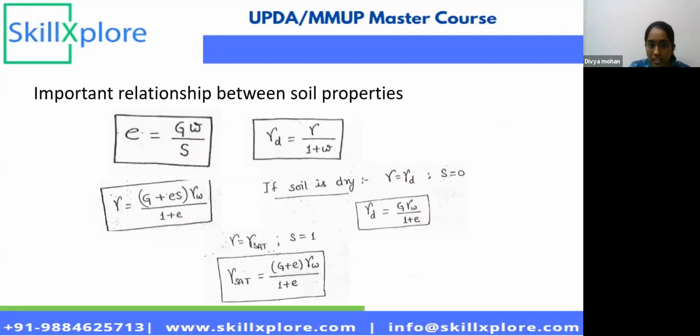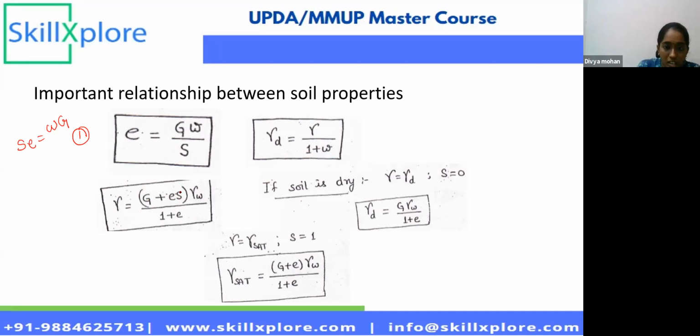And these are the important relationships while solving problems, so I would like to discuss them. The first formula, which is very much important, is S e equal to w G. Another formula is gamma d equal to gamma by 1 plus w, and gamma is equal to the bulk unit weight (G plus e S) gamma w